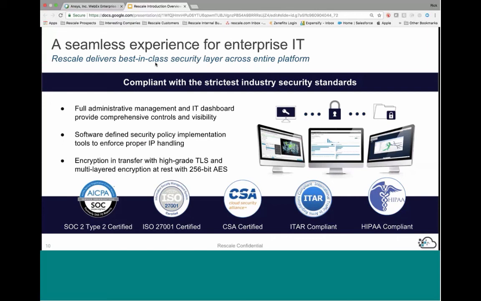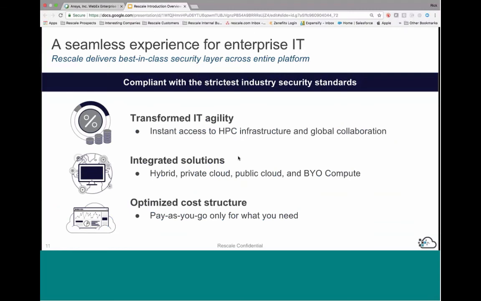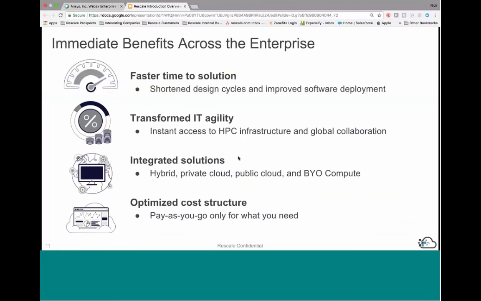We are compliant with the strictest industry security standards, and of course we leverage a lot of these things from our cloud partners. So for example, we have ITAR compliant clouds for folks that have to do ITAR compliant HPC. We're also into the realm of HIPAA, and all these certifications, we're audited and review these annually, in our annual submissions. At the end of the day, it's really about a faster time to solution,